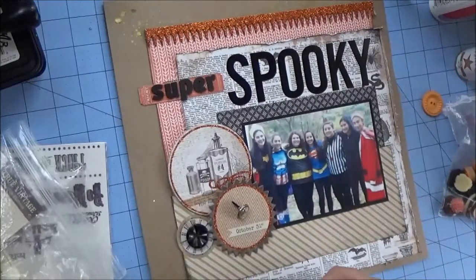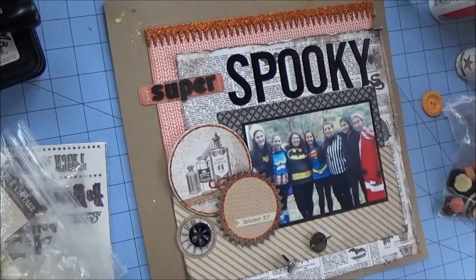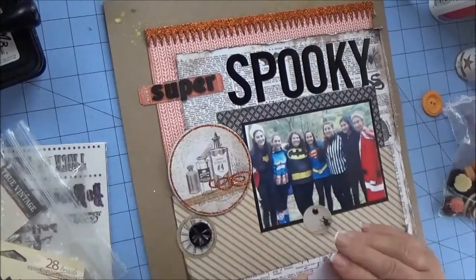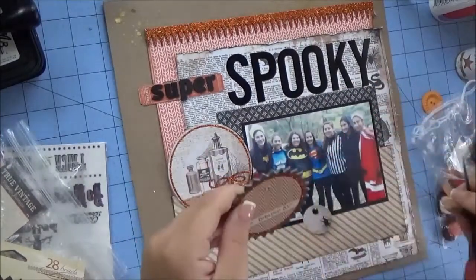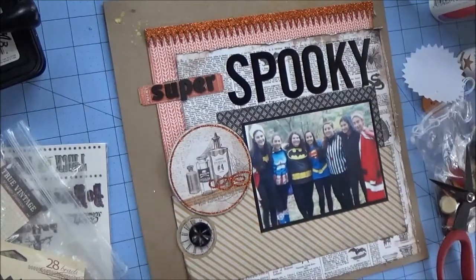And I also took a sticker off one of the sticker sheets. It's just of a clock face, and I'm going to layer the button on top of that. And one of the chipboard pieces has a lot of room on it, so I'm going to layer one of those My Mind's Eye brads on top. And here I'm going to use my fancy brad tool, otherwise known as scissors, to just poke a hole. I put the brad right through. And then I'm going to use some pop dots